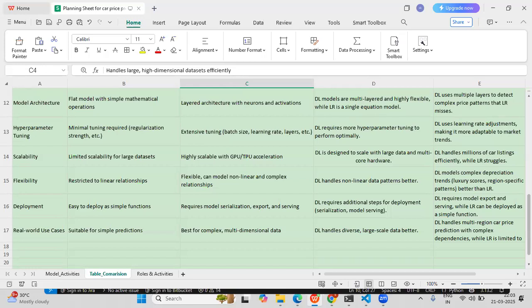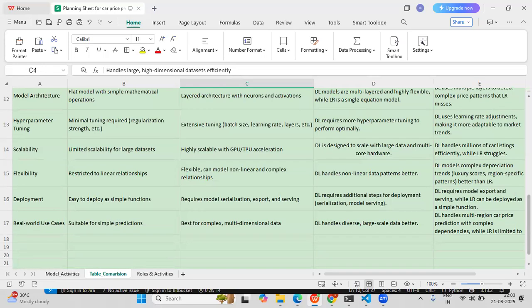That is best suited for complex and multi-dimensional data patterns. Deep learning handles a wide range of diverse and large-scale data in a better way when compared to the linear regression model. So that is the limitation of linear regression while choosing your ML use case.